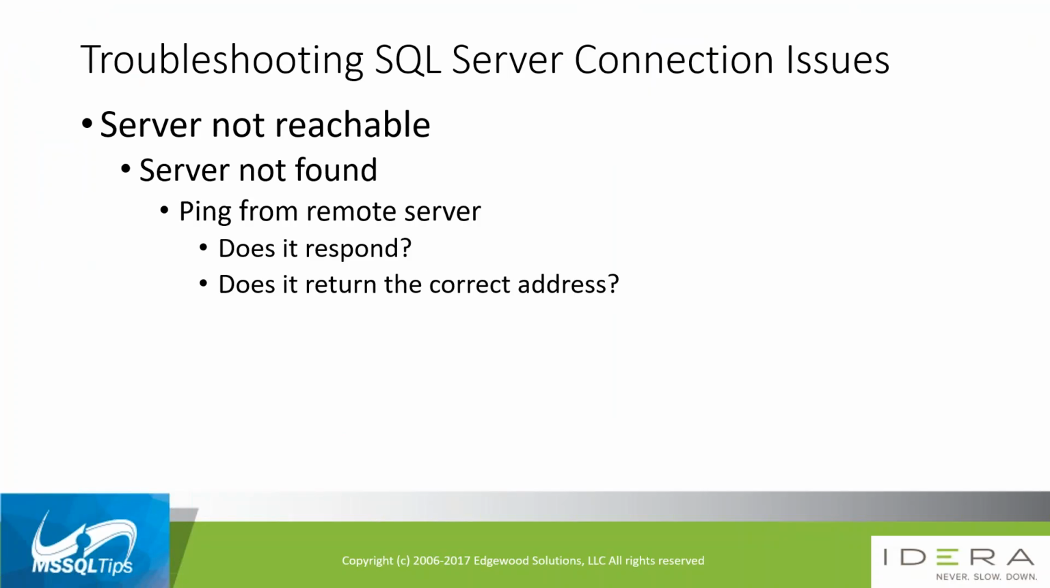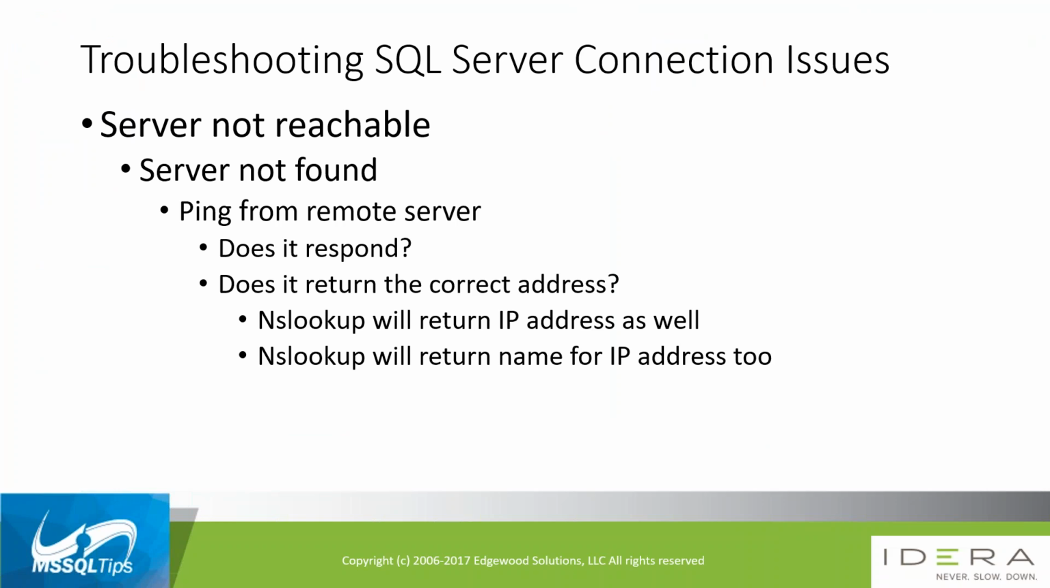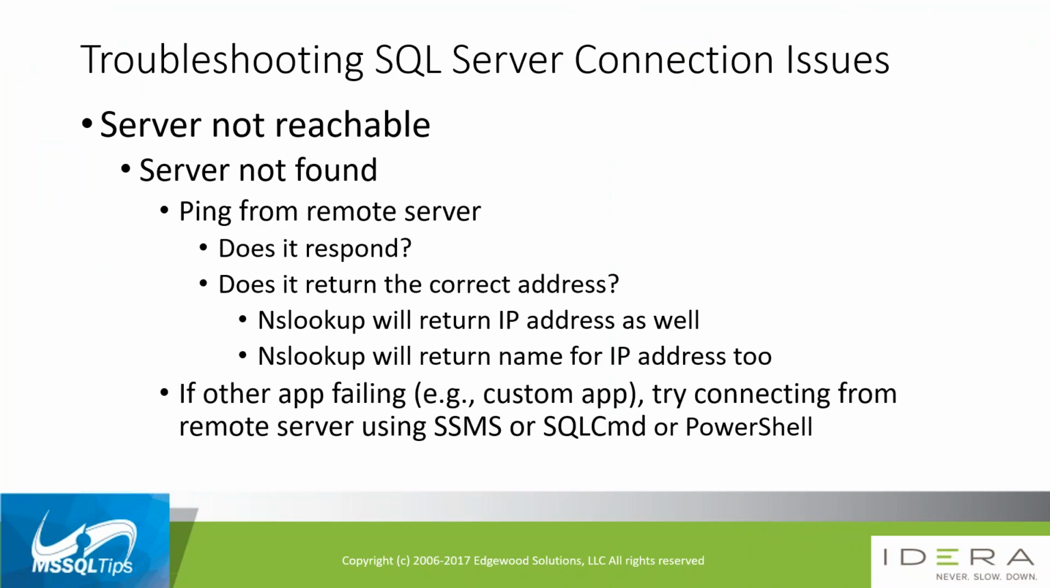So let's resume back here. As I said, NSLOOKUP will return the IP address as well, and if all you have is the IP address, it'll return the name. One of the troubleshooting things I'll do, if it's responding to ping and it's returning the correct IP address, and it's some custom app or website or something like that that's failing, is try connecting to the remote server using SSMS or SQL command or PowerShell, because it could very well be something wrong with their connection